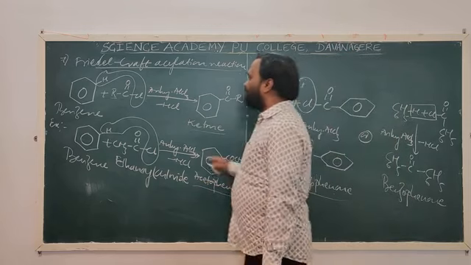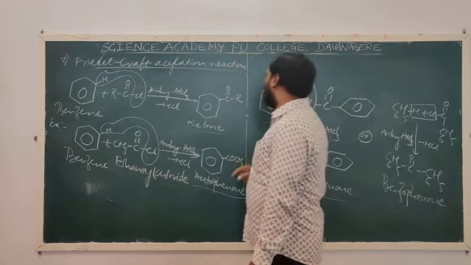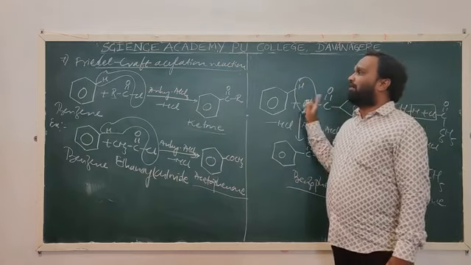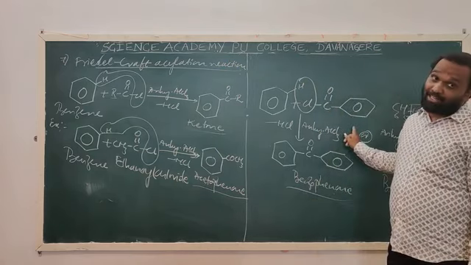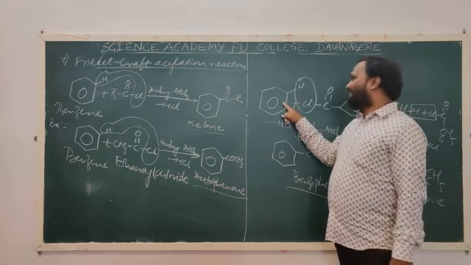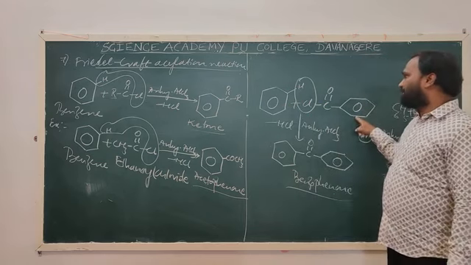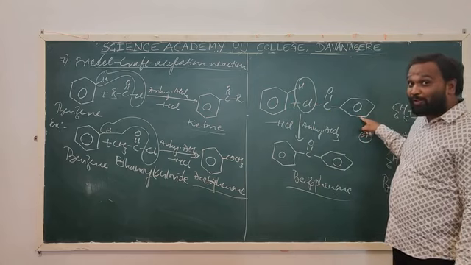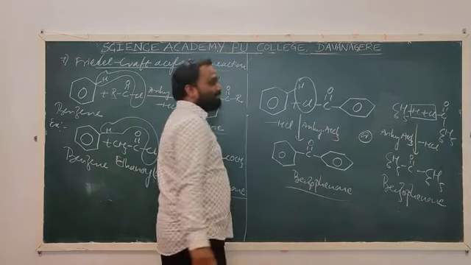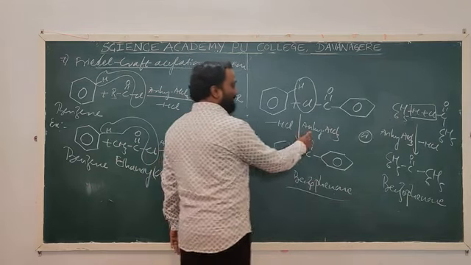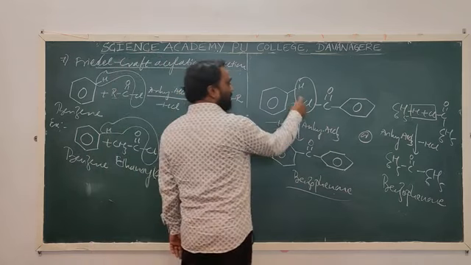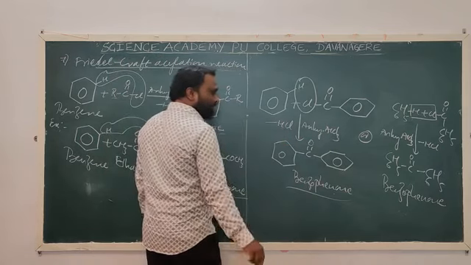Suppose in place of alkyl group, if you write a phenyl group C6H5, then it is called Friedel-Crafts benzoylation reaction. So benzene reacts with the benzoyl chloride. We get benzophenone in presence of anhydrous aluminium chloride as a catalyst. This is how this reaction takes place, and it gives benzophenone.